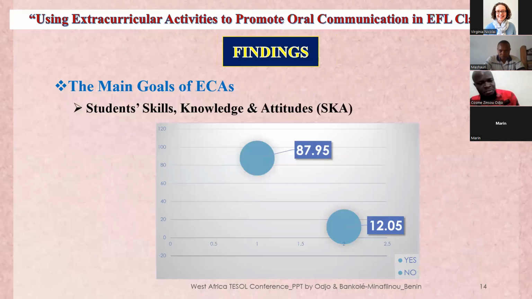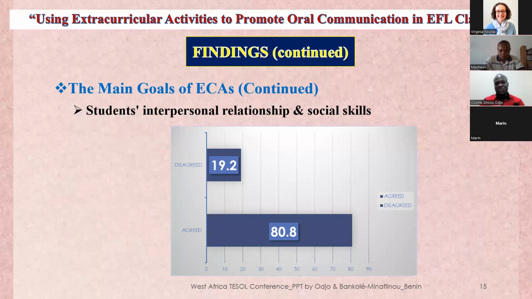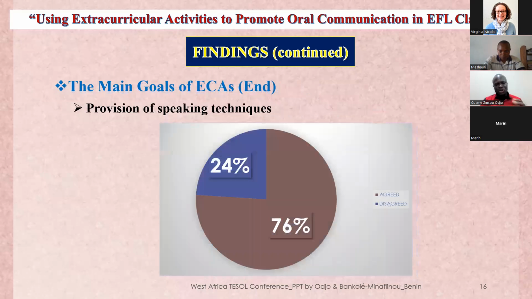The next thing is when we come back to the main goals of extracurricular activities, we also notice that students' interpersonal relationships and social skills can be improved. And altogether, you see that those findings come from the research question. The first research question, as I mentioned earlier, was the main goal of extracurricular activities. And finally, regarding this first question, we notice that when students participate in extracurricular activities, especially English clubs, they get the chance to learn some speaking techniques and strategies that can help them to improve their